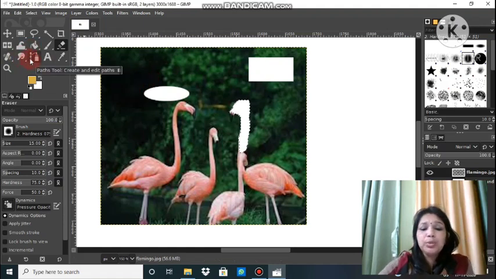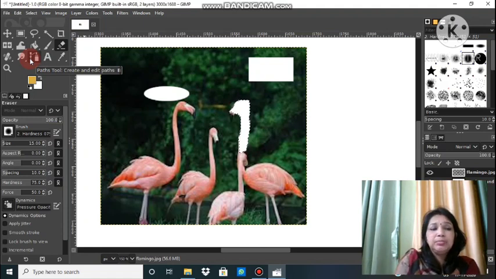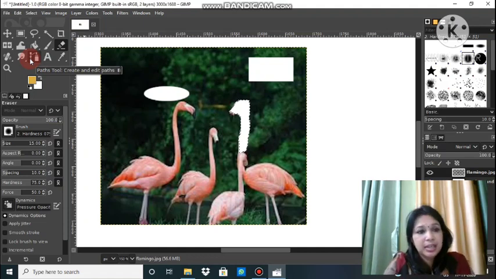So we are going to learn all these tools, and basically in your chapter it will be layers and masking. Layers are basically transparent sheets placed on top of each other in such a way that the bottom sheet is also visible through the top sheet. Transparent pages kept on each other, so that all the pages are visible through another page. Okay, this will be done in the next class.